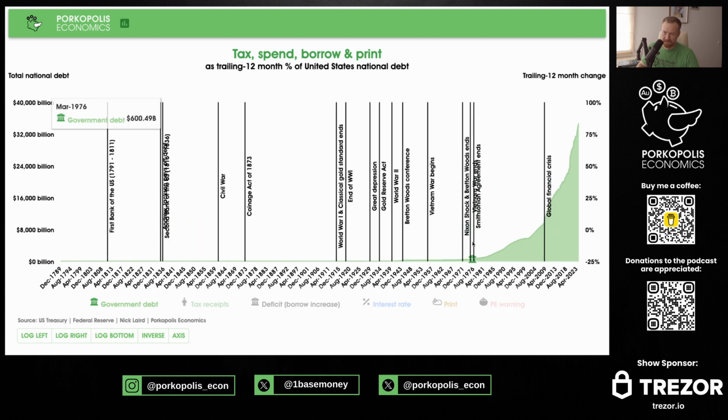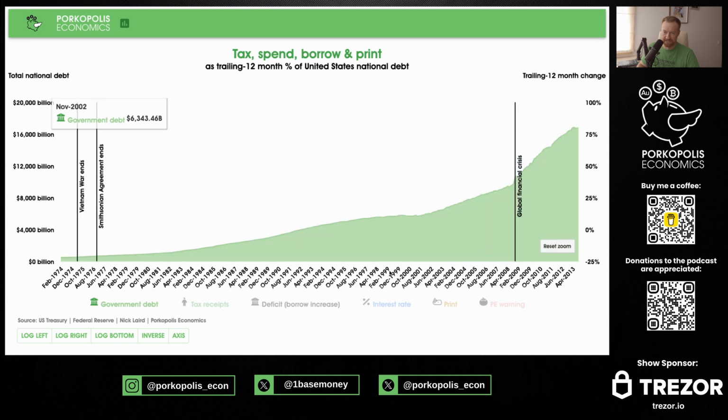Let's go from where the Vietnam War ends now up to, say, the global financial crisis. Now, the Smithsonian Agreement, this is actually when the official gold standard ended. This sort of fake rate increased a little bit from $35 an ounce, went up over $40 an ounce, and I think it did even one more increase before it was suspended. The United States actually still measures gold officially on its books and the Federal Reserve's books at that 40 and some change dollars an ounce. Regardless, nobody else in the world does, and as of this recording, gold is screaming over $2,400 an ounce,